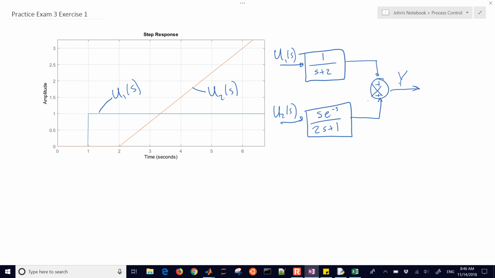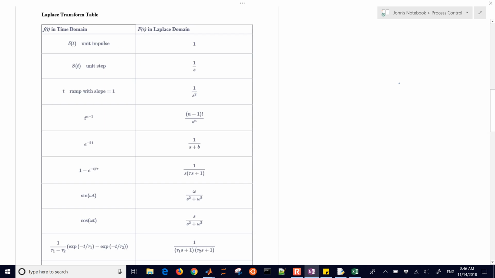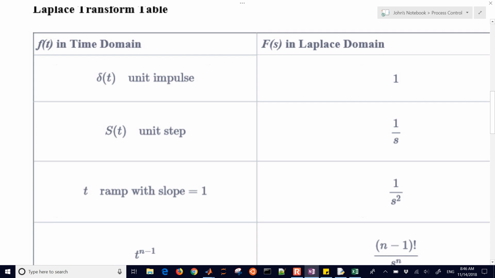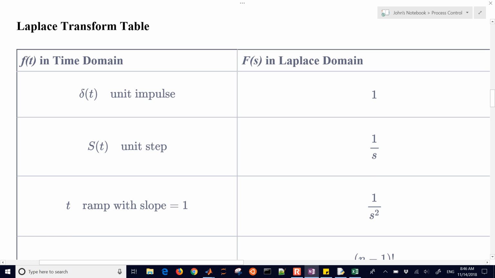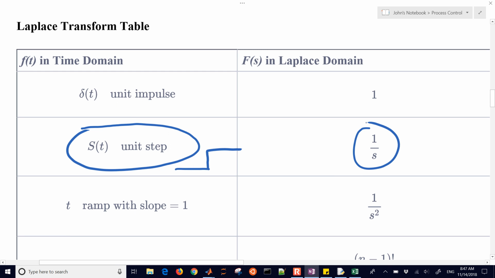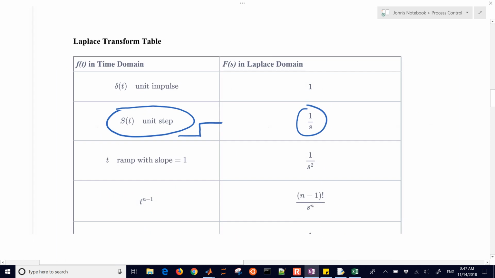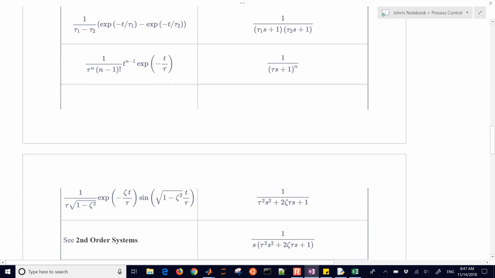The first question is what is the expression for U1 and U2? So U1, we can find on our Laplace tables. We have a unit step here, and that's capital S. You don't want to confuse that with a lowercase s that's in the Laplace domain. That's just a step input that goes from 0 to 1, and that's going to be 1 over s in the Laplace domain. And then we also have that starting at 1 second into it,